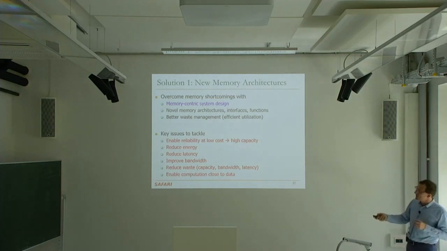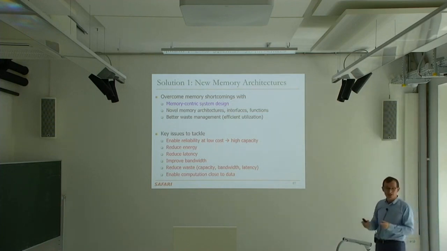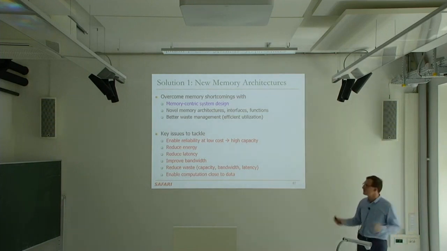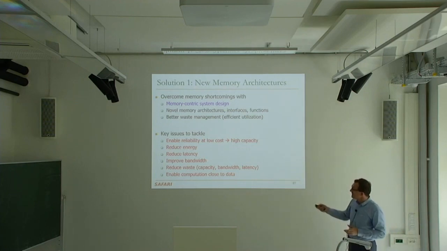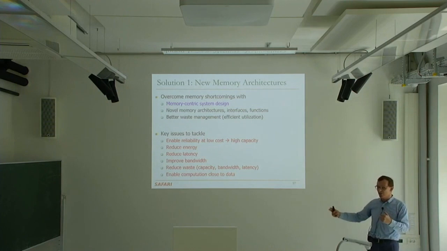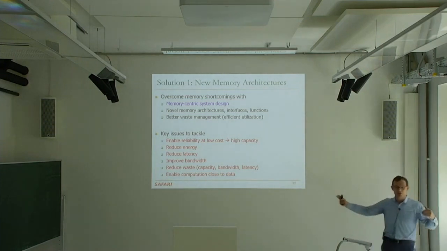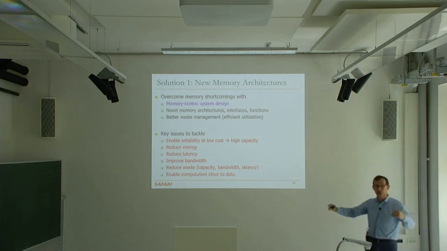So improving bandwidth is still important. Reducing waste is important. Actually, we're wasting not only capacity, but we're wasting bandwidth, because we're transferring 64 bytes, let's say, in a general-purpose processor, but we may not need all of those bytes. We're wasting latency, as we will discuss. We actually spend a lot of time waiting for memory, but maybe we don't need to wait that much because the data is ready much earlier, because there's a lot of margin that is put into the timing parameters in memory today. We will discuss that a lot.